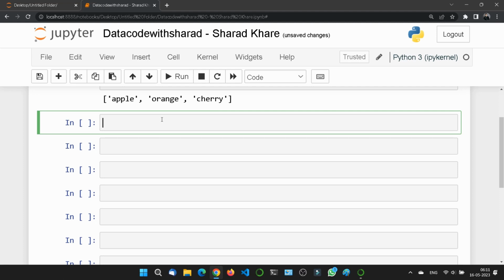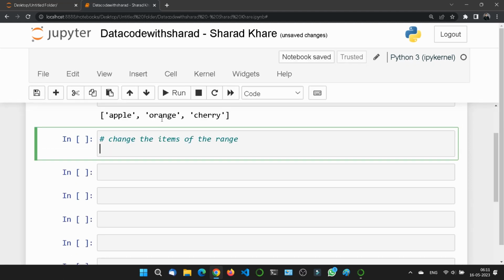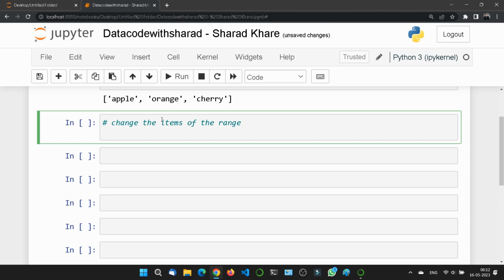Okay, let me write it. Change the items of the range. For changing the value of items within a specific range, first try to define a list with a few new values. Okay, and then we will refer to the range of index numbers where we really want to insert the new values. Like just suppose